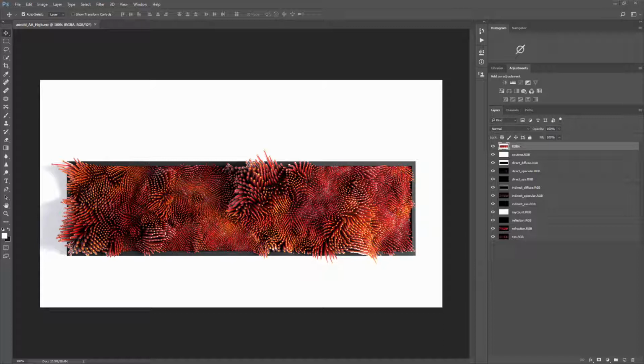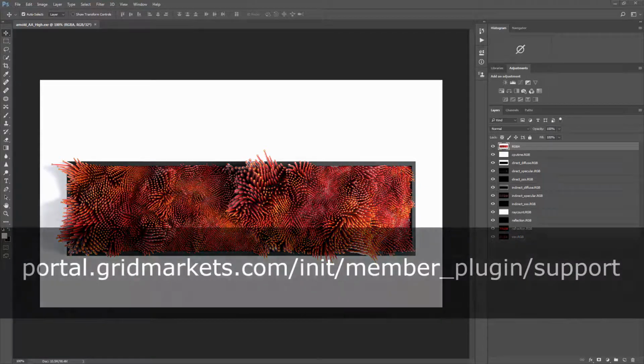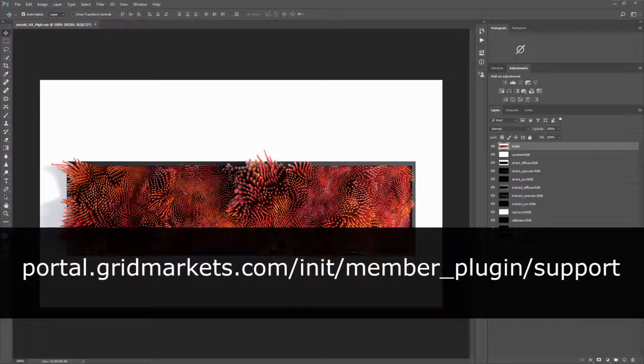I rendered this image on GridMarkets using the free trial version of Arnold and Houdini Indie. One thing that is great about this workflow is that GridMarkets allows me to render unwatermarked full HD image sequences without owning an Arnold license. Instructions about how to install Arnold and what versions are supported can be found in the knowledge base section in